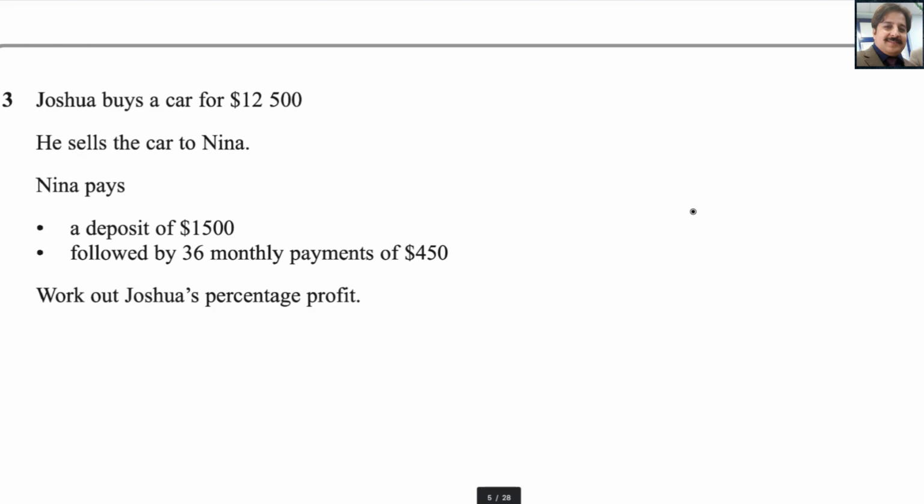Question 3. Joshua buys a car for $12,500. He sells the car to Nina. Nina pays